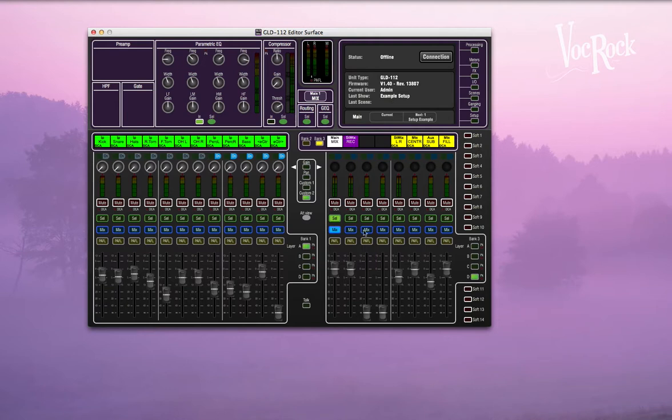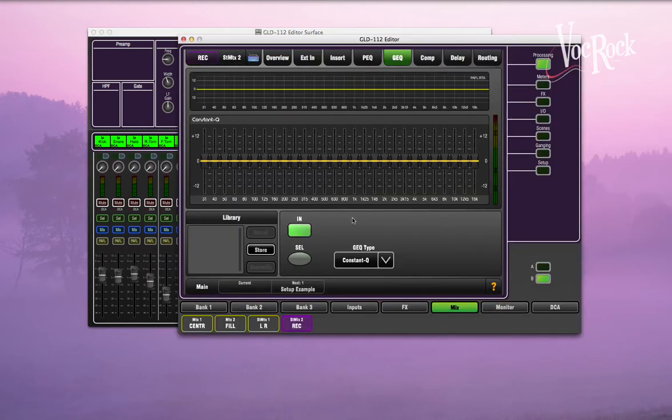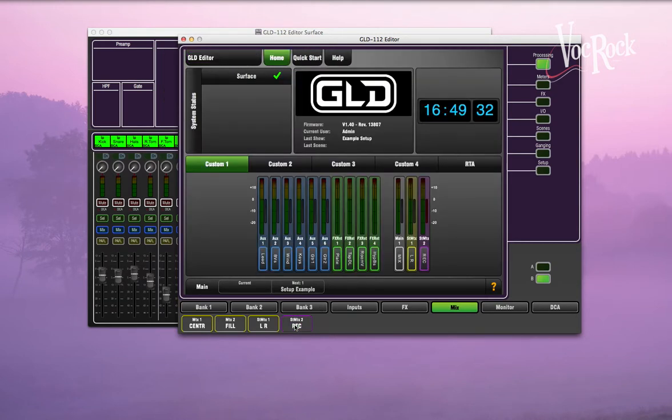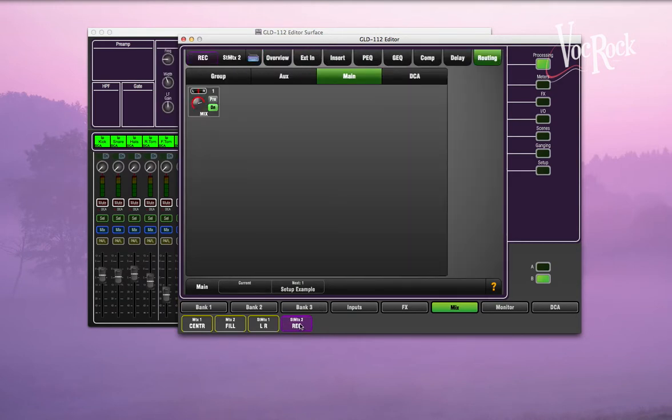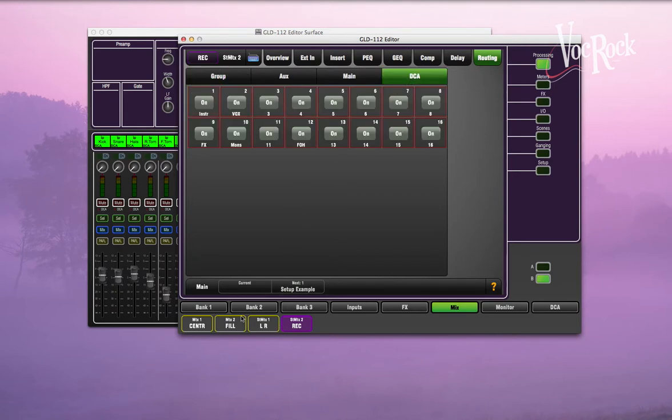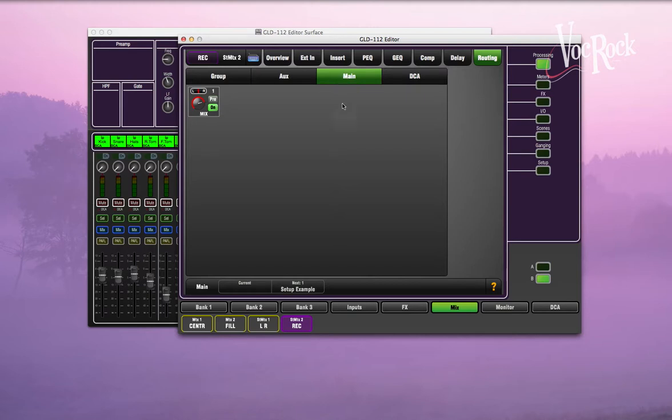And what a matrix does, if we just demonstrate that by selecting this first one and then going to routing and selecting the record matrix. A matrix, you can assign to it only other mixers, so you can't assign inputs to a matrix, only either main mixers or aux mixers groups. And DCA is obviously if you want these to be controlled by a DCA. So you'll see here that the